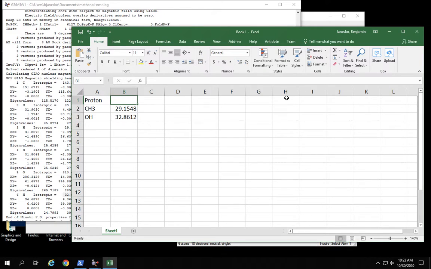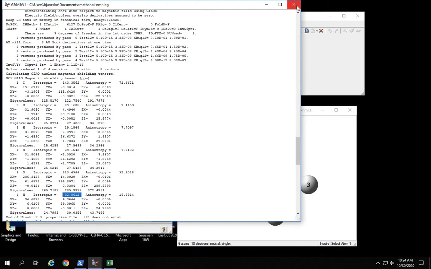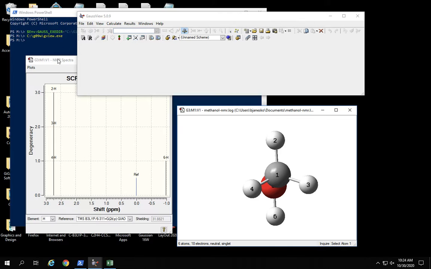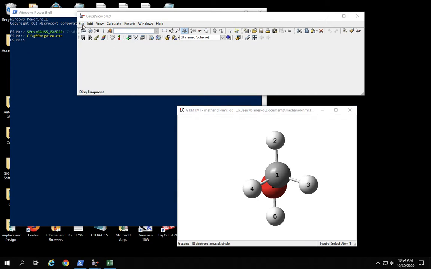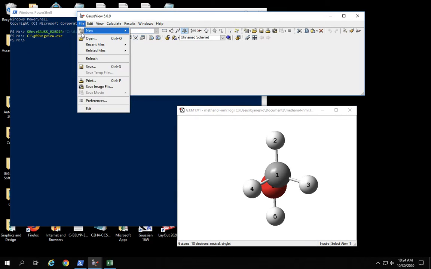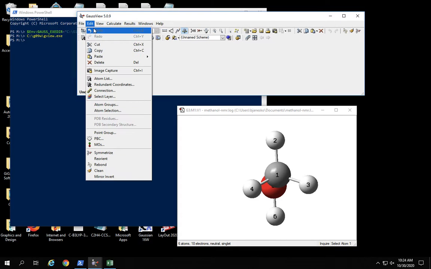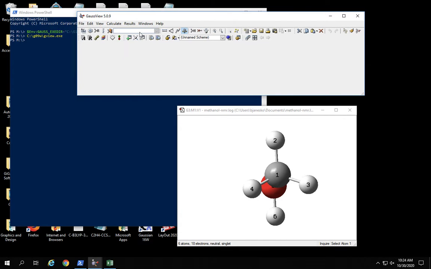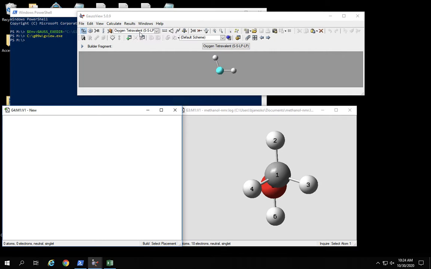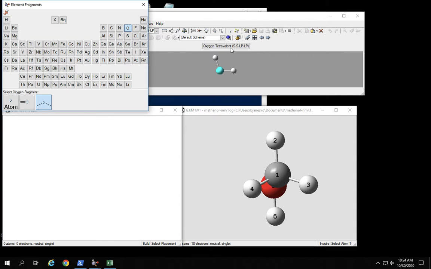Proton, absolute shielding. And now if I really want to be careful, what I need to do is compute the absolute chemical shielding of my reference nucleus. So when you do this, I would recommend that you do a new calculation on your reference system. In our case, say we're doing an experiment where the hydrogen chemical shifts are referenced to